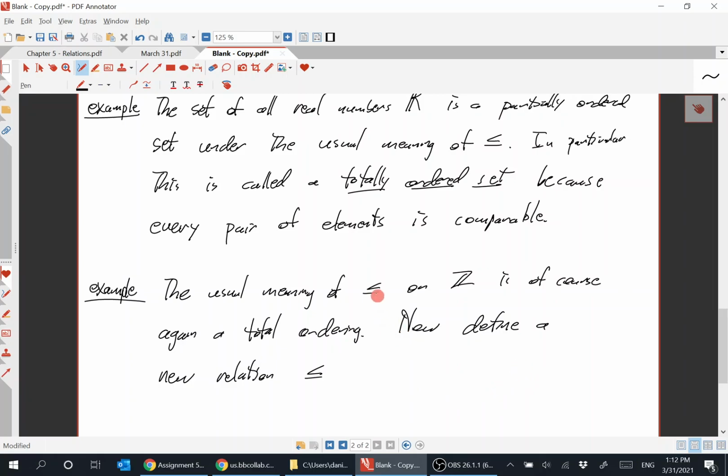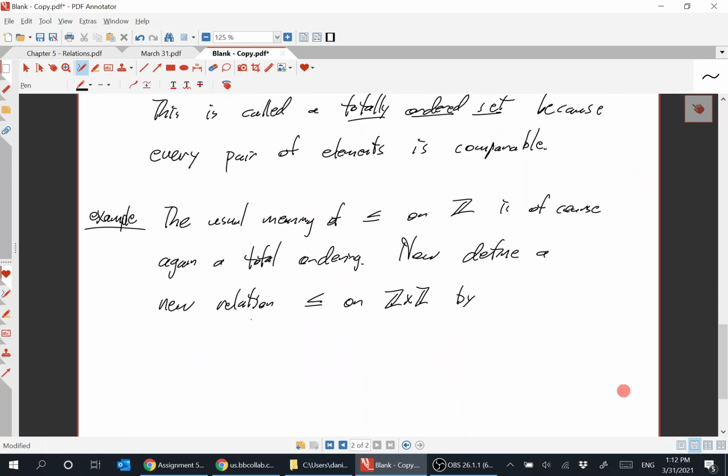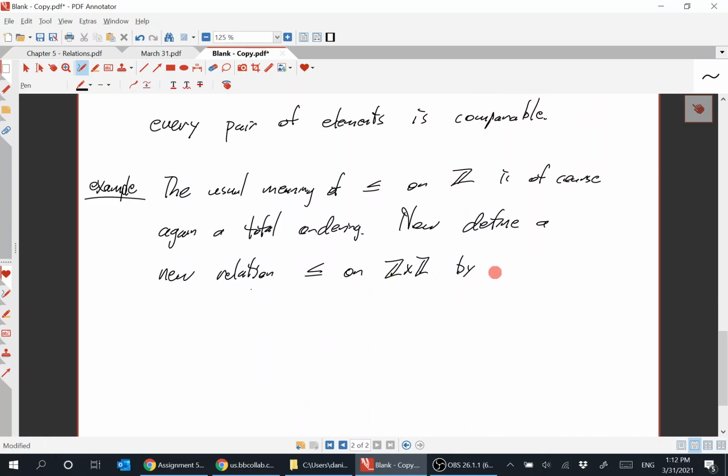So anyway, this has the usual meaning on the set of integers. If I said this, that means I'm comparing two integers, x and y, in the usual way. 3 is less than 5. Great. 3 is not less than 2. Great. 3 is less than or equal to 3. So we're all up to speed on that. Now I'm going to define a new relation with the same symbol on a different data type. So I define a new relation less than or equal to on Z cross Z by defining,